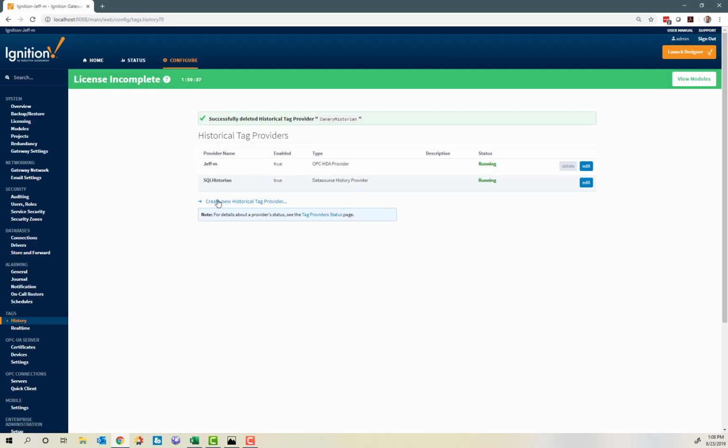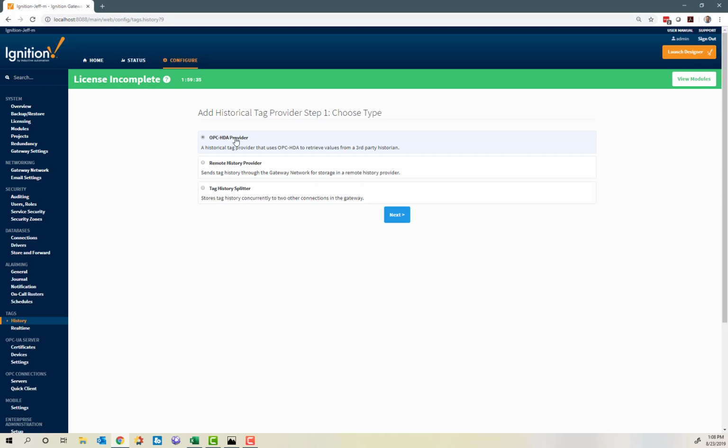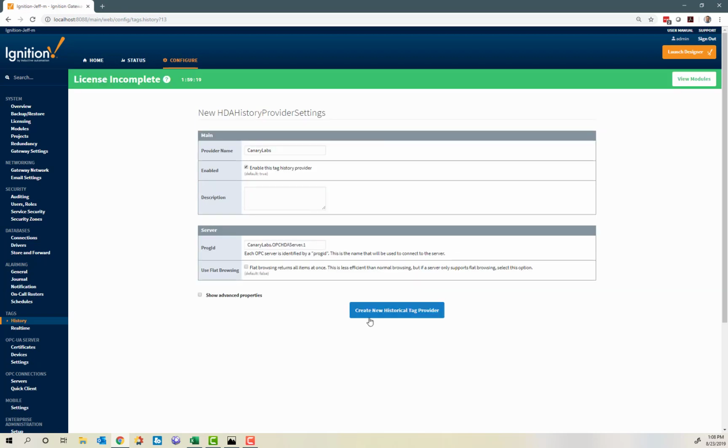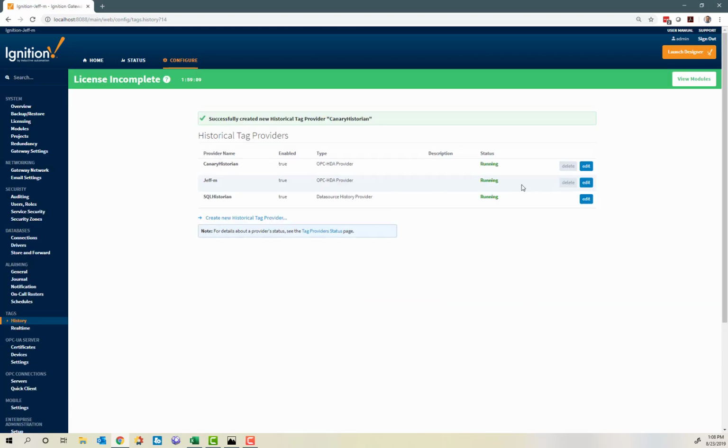I want to create a connection to the OPC HDA provider. In this case, it's not local, it's remote. The name of the machine is Canary Historian. It discovers Canary Labs OPC HDA server.1. It's a program ID. I can name it here anything I'd like. Stick with the server name and create new historical tag provider. It's running and connected. So now when I launch my designer,